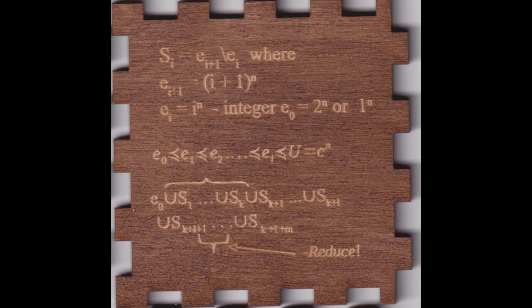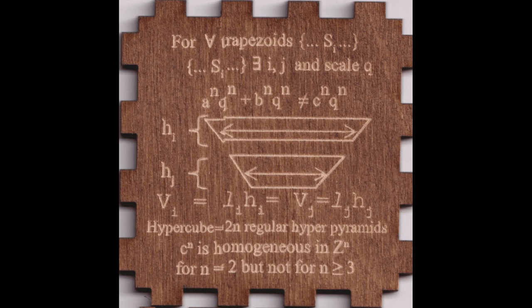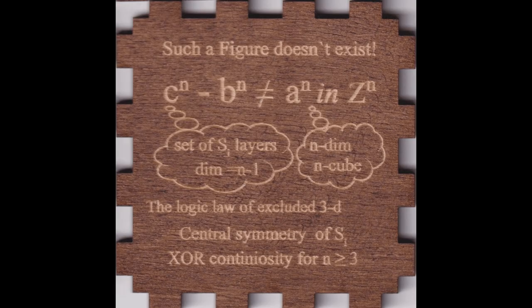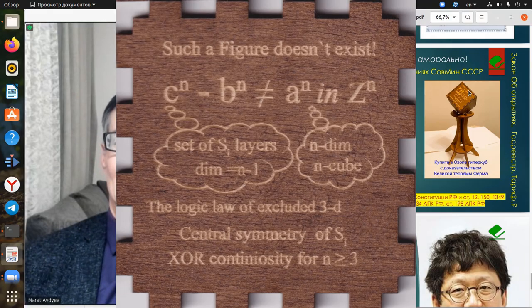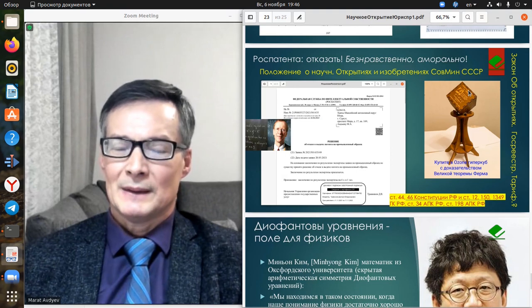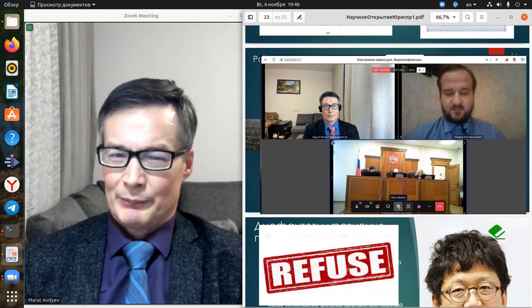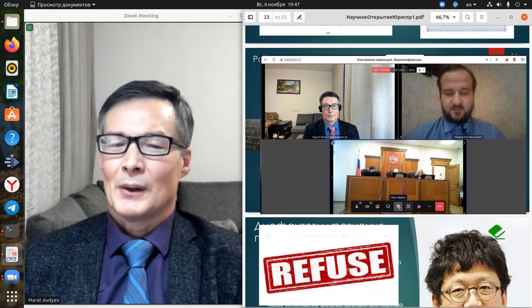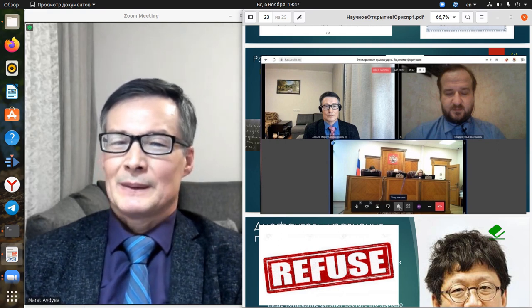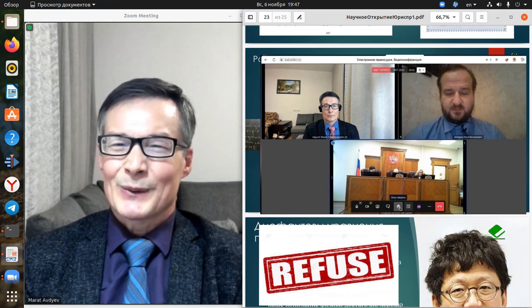Why did Andrew Wiles need over 100 pages to prove it if half a page is enough, or 6 faces of a wooden cube for a child? Rospatent found me guilty of plagiarism with Andrew Wiles' proof, for which he received an Abel Award in 2016. Rospatent refused the state registration of a patent for an industrial design under the pretext of violating public morality.